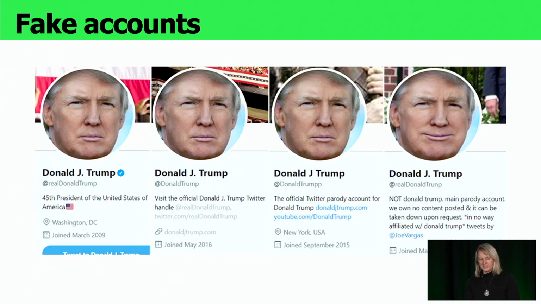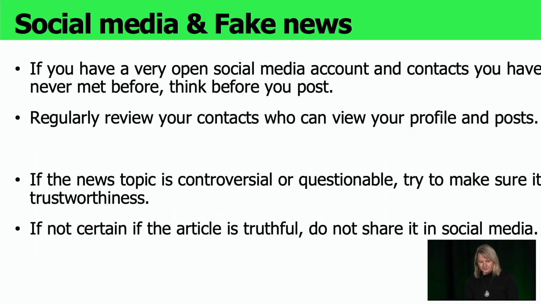Are these people really who they claim to be? We have to be aware that in today's cyberspace, there are a lot of fake accounts. People pretend to be somebody else. They create accounts in other people's names, or they steal the ID of other people. So we shouldn't really trust everybody on social media.